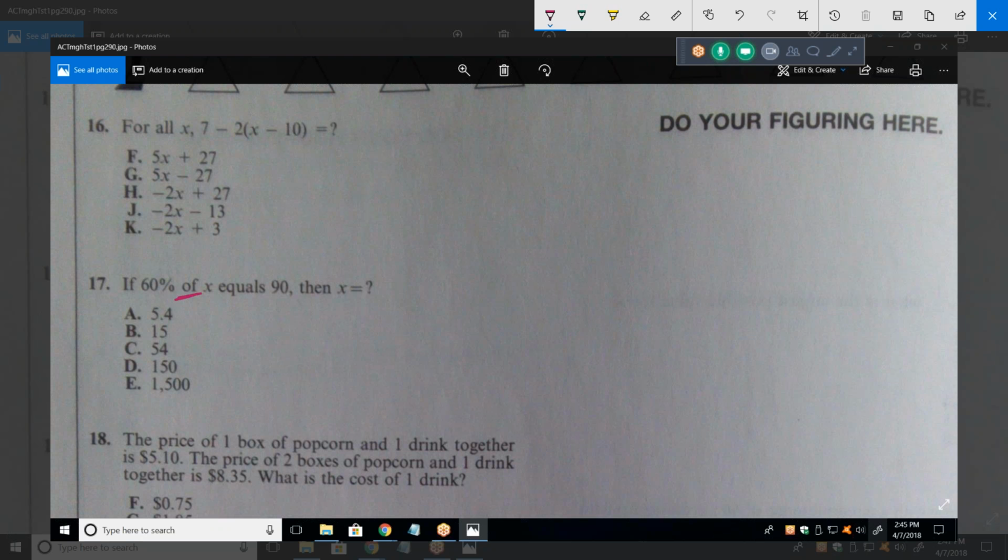Okay, about 17. What does "of" mean? Does it mean add, subtract, multiply, or divide? It means one of those four things. What is it? Multiply. Okay, so we have 60% times 90 equals, oh, excuse me, hold on, that's not what we have. I misread the problem. We have 60% of x, we've already decided that of means multiply,